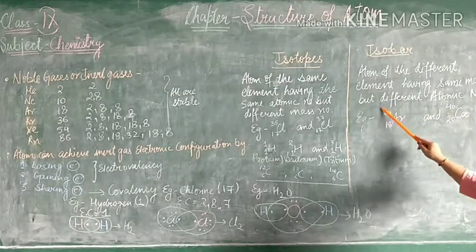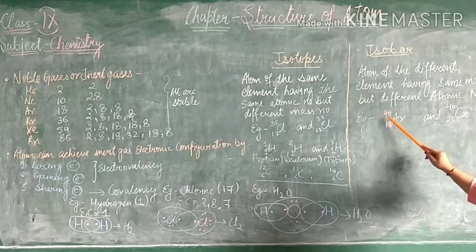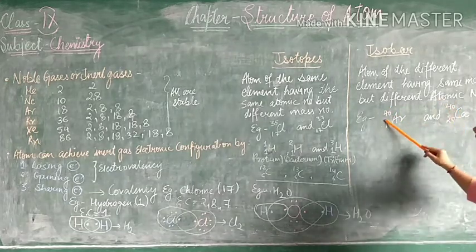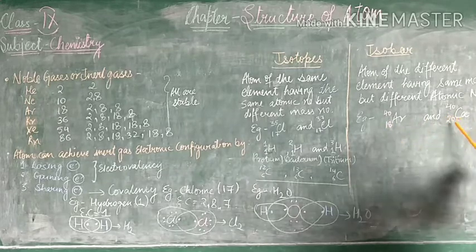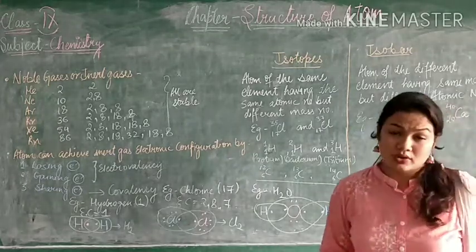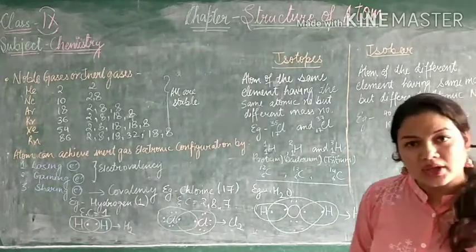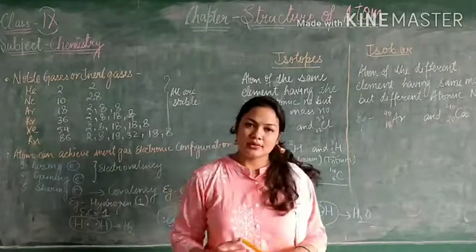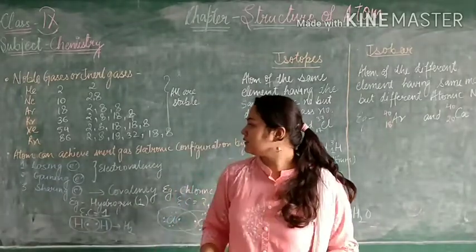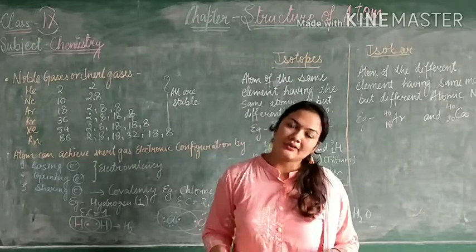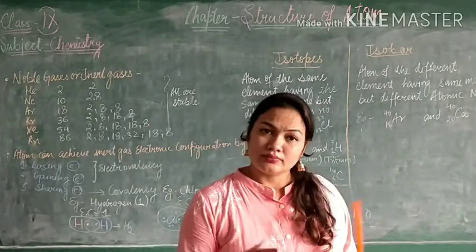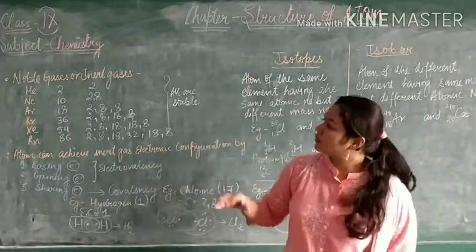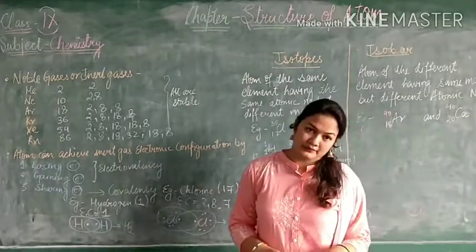If you see argon, this upper side is the mass number. The mass number of calcium and argon is the same, that is 40, but the atomic number is different, that is 18 and 20, and that is because of the number of protons. So this is the basic difference between isotopes and isobars. Go through this carefully, everybody, and now you have to go through all the topics again, revise them continuously so that you will understand them more properly. Thank you.